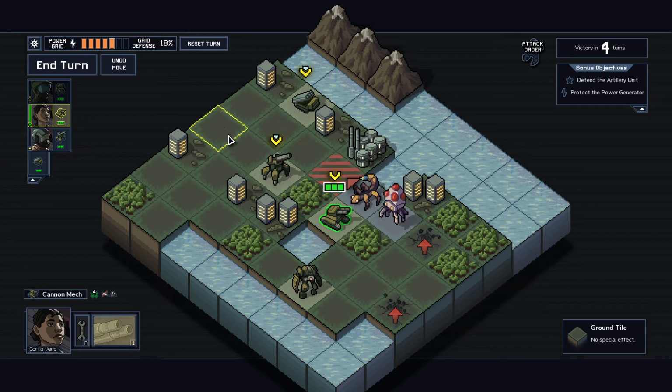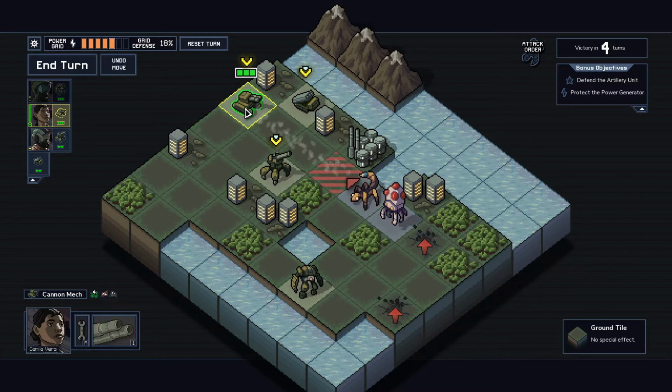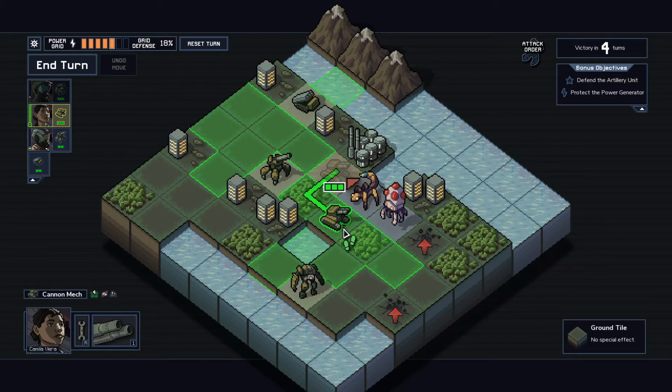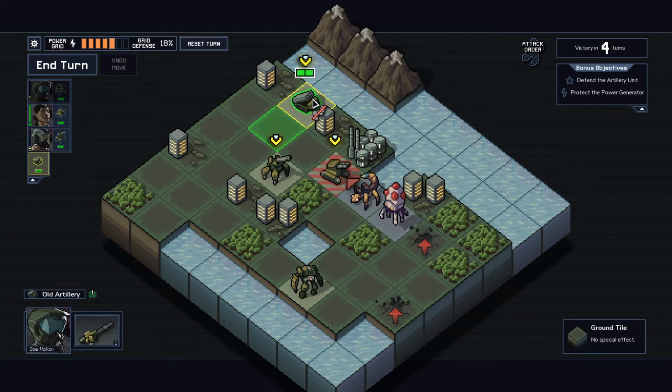Notice once you move, if you're like, oh crap, I don't want to go there, you can click undo move and then move somewhere else. Not what I want to do. Let's move you here. Oh, wait a minute. I forgot about you. So for this map, we actually get a 4th